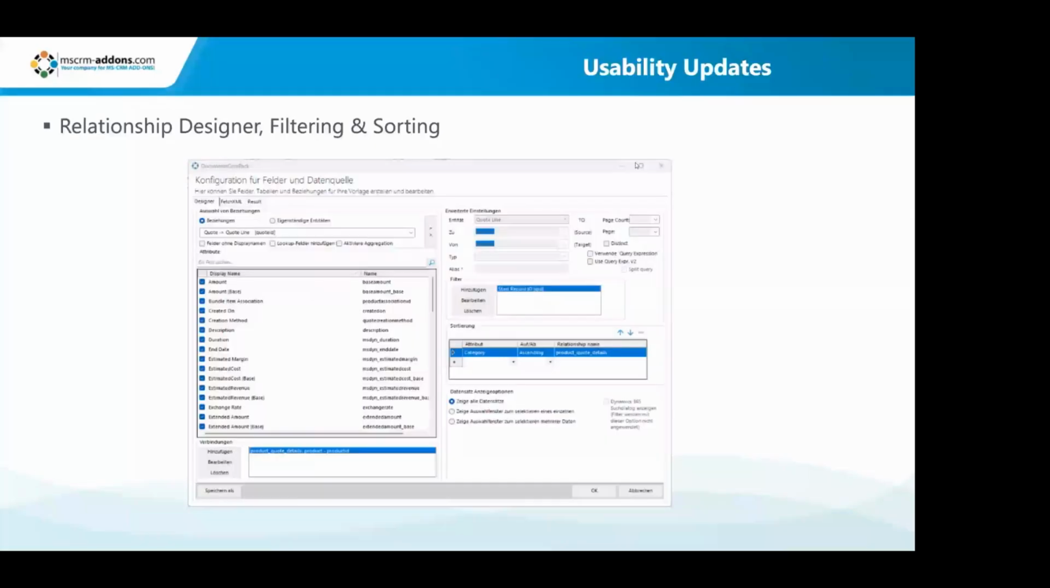What we want to talk about is some of the usability updates. So number one, and this is kind of the most important one that I feel is out there, it's the relationship designer and filtering and sorting. If you are familiar with DocumentsCorePack and you've built your own relationships, or one of us in support has helped you go through and build these relationships, you're presented basically with this window here, and